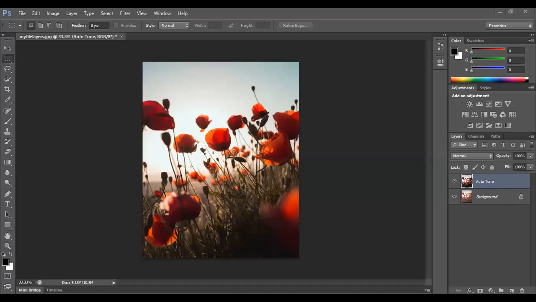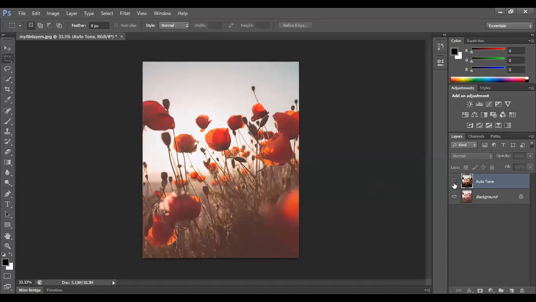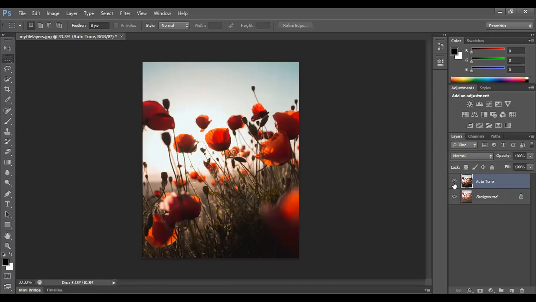Now I'll give you an example. Where should I use autotone? If you feel that your image has very unwanted color casting, and you want to make the image pop up, then you can use autotone. Okay, Sidra? So this is without the autotone, it looks a little dull, and with autotone, it actually improves the contrast. Okay, I think this is very much clear.